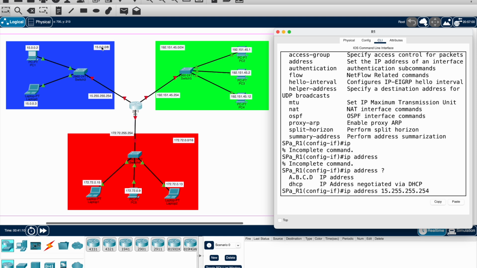Class A, rather, class A. So meaning that the first segment is for the network, while the other part is for what? The host number. You can refer back to our slide. Okay, now this